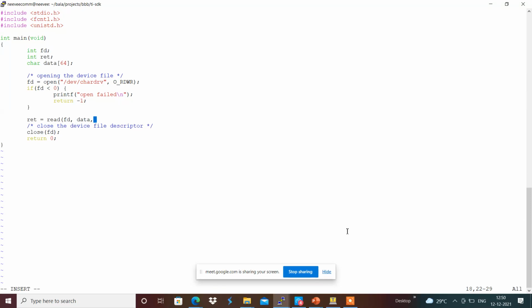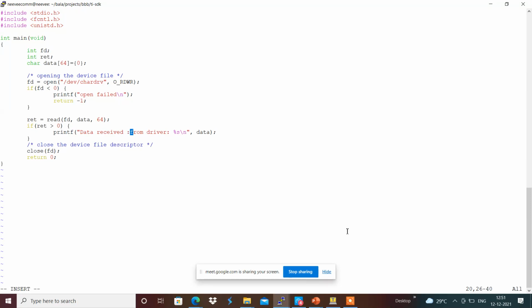All the data are initialized, and if return is greater than 0, there is data that comes over there, and that we can see. If return greater than 0, we can printf data received from driver with something like %s \n comma data, and count %d, comma this many bytes of data are received from the driver accordingly over here, that we will see.